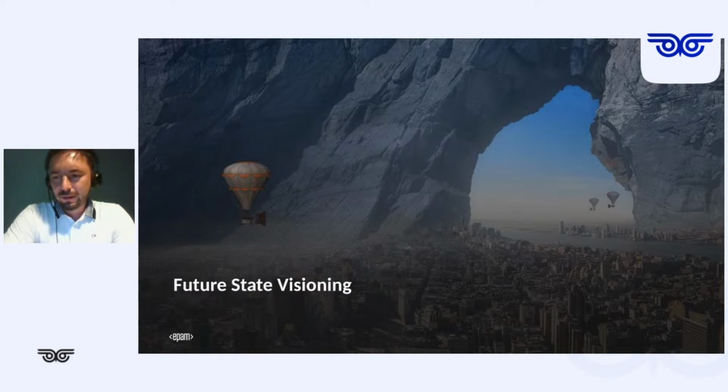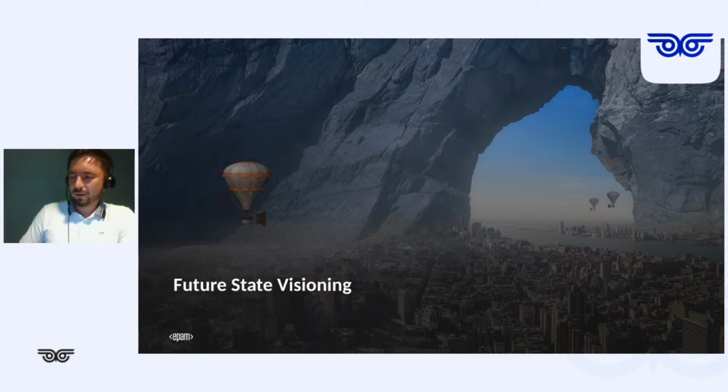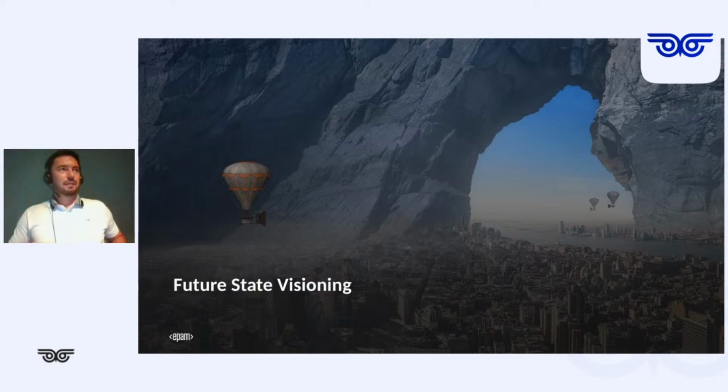The next one is future state visioning. Well, from time to time it happens on some projects that everybody is doing something, but it's just a routine. And when you ask a person what the goal is, no one will answer. There is a story like when a man is putting stones one on one, and his face is not happy at all. And when you ask him why, and what he is doing, he says, cannot you see, I just put brick on a brick?